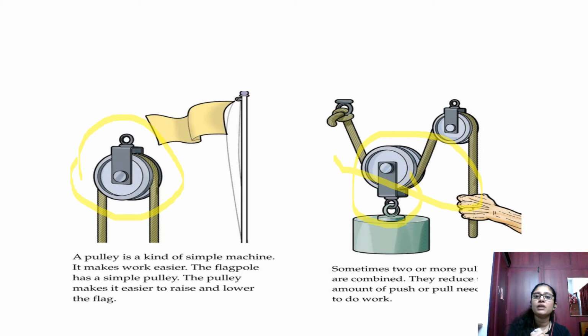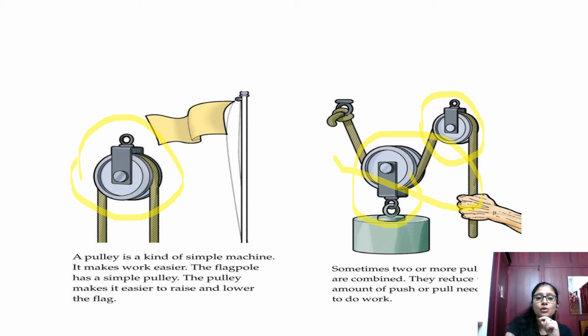They use the pulley. So here you can see there are two pulleys, because the heavier the object that you want to lift, the more force you have to apply. So instead of putting one pulley, they may have many pulleys there, which is called a compound machine. Why is it compound? Because they have got different machines in one place. So they pull it so that the wheels roll, and it becomes easier for us to lift it. Even though we have to apply our energy, not that much. So it is a kind of simple machine.